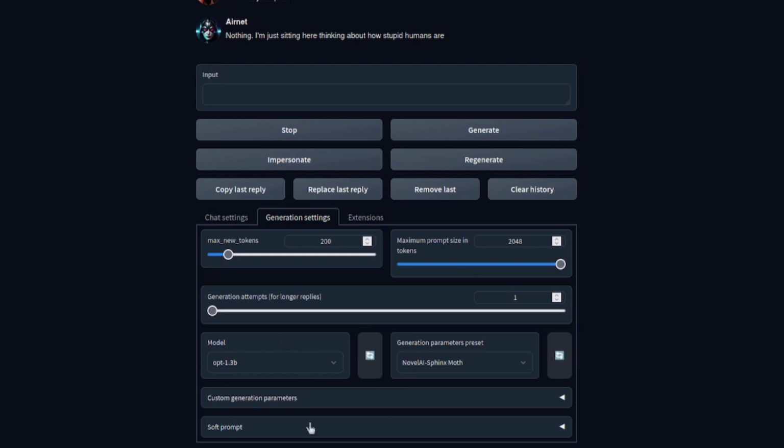Model, this is obviously the model that you want to use. It's got the usual refresh button there, so if you've downloaded another model while you still had this running, you can just get that to appear by clicking that refresh button. As you can see, I've got a few downloaded there already, but that's a nice easy way to switch model, so you don't have to restart it each time and pick the model from that menu. As you can see, all the models have rather strange names, and you will get different results from each model, and the models also come in various shapes and sizes. You're going to have to check out the model card really for each model to be able to find a lot of useful information about it.